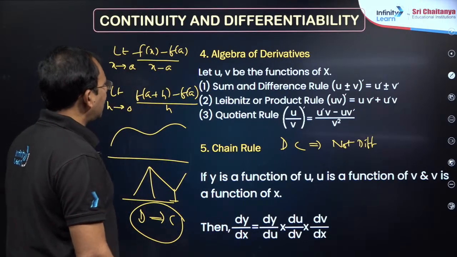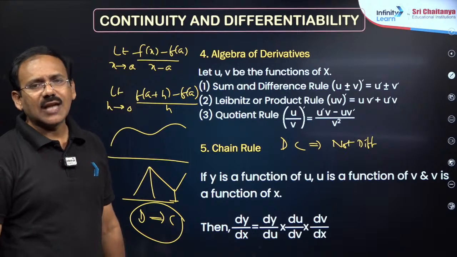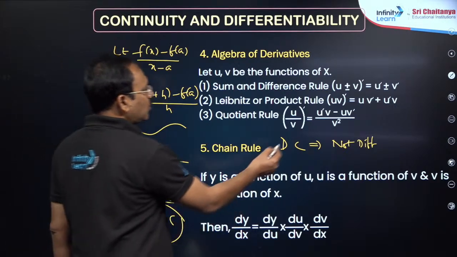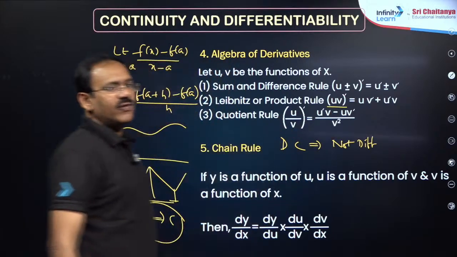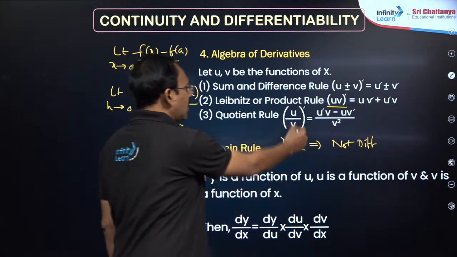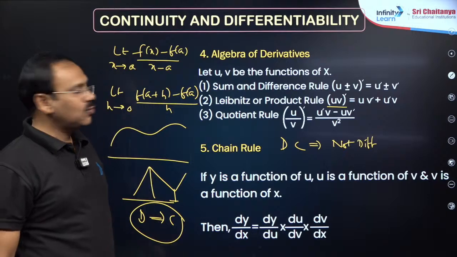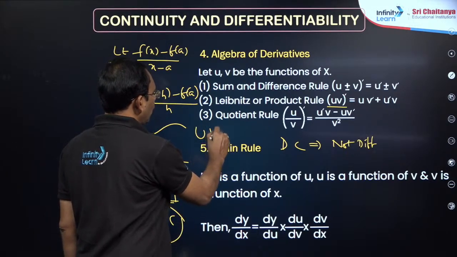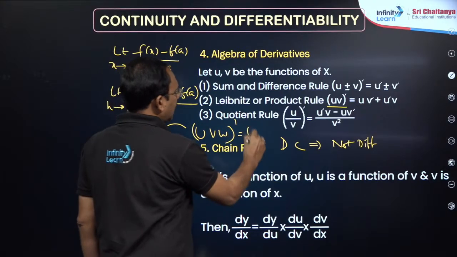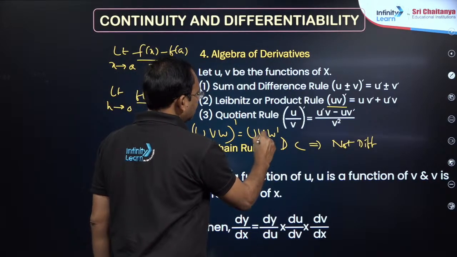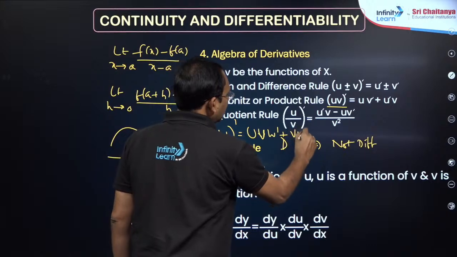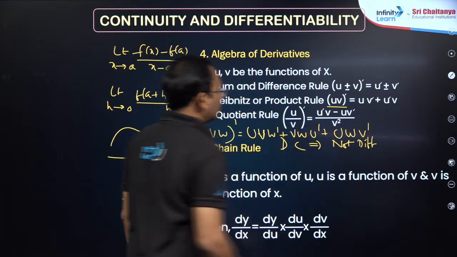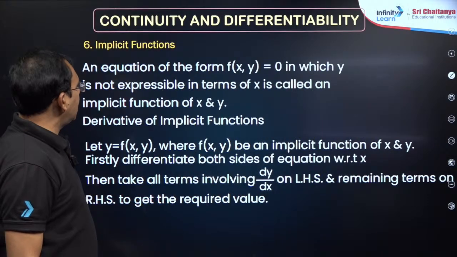Okay, right. Next, my dear friends, derivative standard formulae, you know. The derivative of u into v is u times derivative of v plus v times derivative of u. The derivative of u by v is v times derivative of u minus u times derivative of v, all by v square. You can also do the derivative of u v w: u v times derivative of w plus v w times derivative of u plus u w times derivative of v. Also you can remember this. Okay, right, dear students.